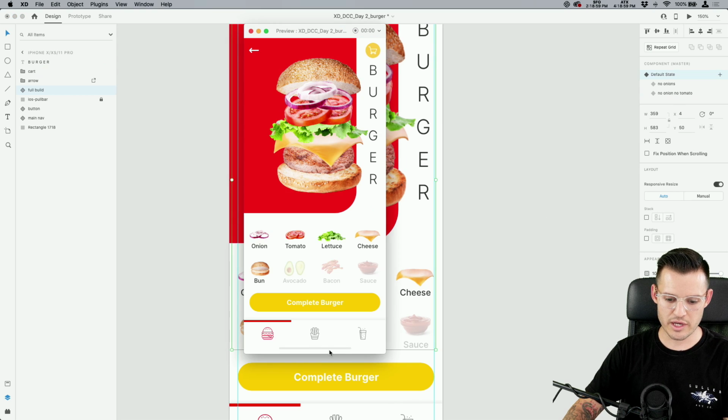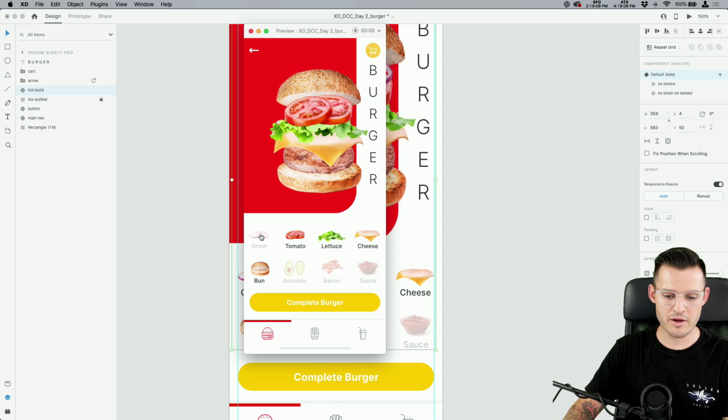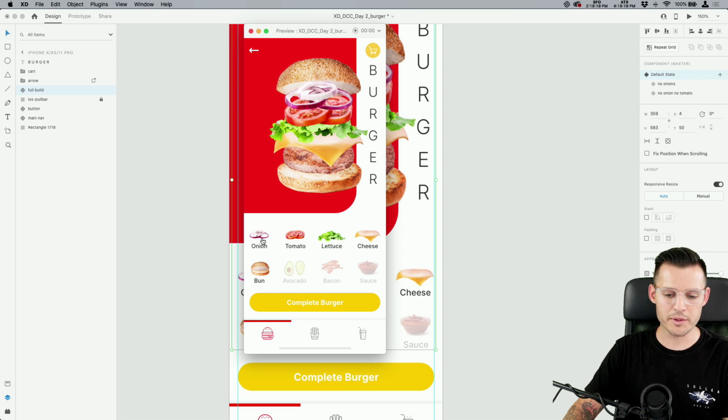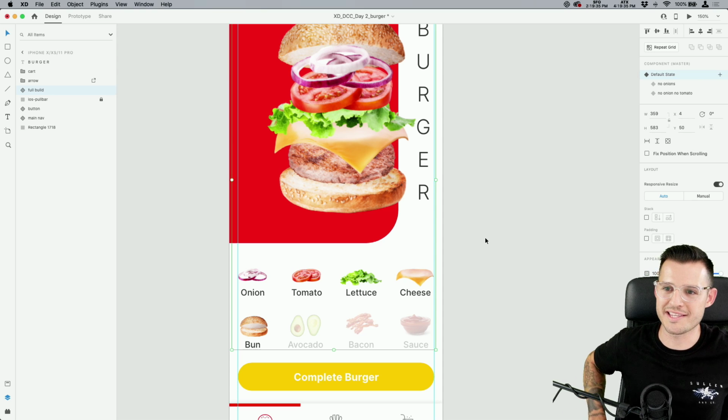Ready? So what we've done is we are able to navigate around this one in our simple example of components, component states, and auto-animate. But now on this one, we can turn off the onions and turn the onions back on. Whoop, whoop, just like that. Or in the words of Howard Pinsky, boop, boop. Boop, boop, just like that. Now we can turn onions off and turn tomatoes off. We are building a burger, my friends. Amazing, just like that. And that is literally everything you need to know about doing components, nested components, component states, and component states inside the nested components. Oh my goodness, that was amazing.